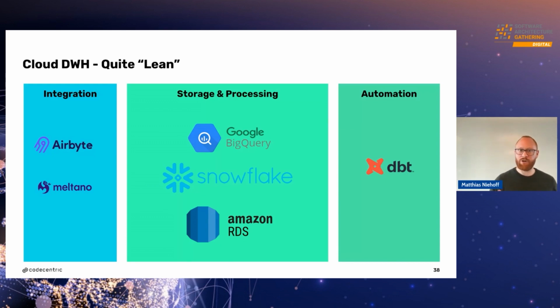And for the automation part in all this storage and processing, we see a lot of companies and people adopting dbt. Pretty common now. I've been to a data warehouse conference or data analytics conference in Germany, a major one, and there were plenty of talks about dbt, about how they do it, how they integrate it, and not only consultants like me, but also a lot of actual customers and users doing this. So this is really just this technical storage, integration, automation part. In addition, there come things like governance, and you want to have catalogs and lineage, maybe. This comes in addition to this.